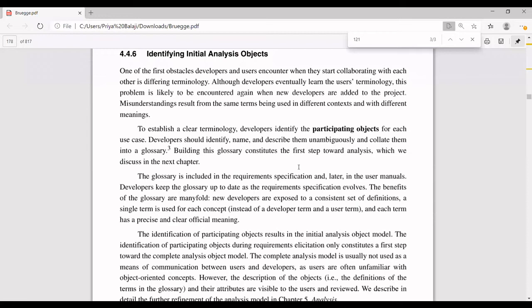So you have to find out the object. If you are giving one name for an object, that name should be unique for the complete thing. You cannot have the same object name again and again, which may confuse the developers. For that, you need to do the analysis of the object parts. If this object is involved in this particular operation, what exactly is going to happen? If it is used in another scenario, what might happen? Like that, you have to design or analyze the object before implementing the project.